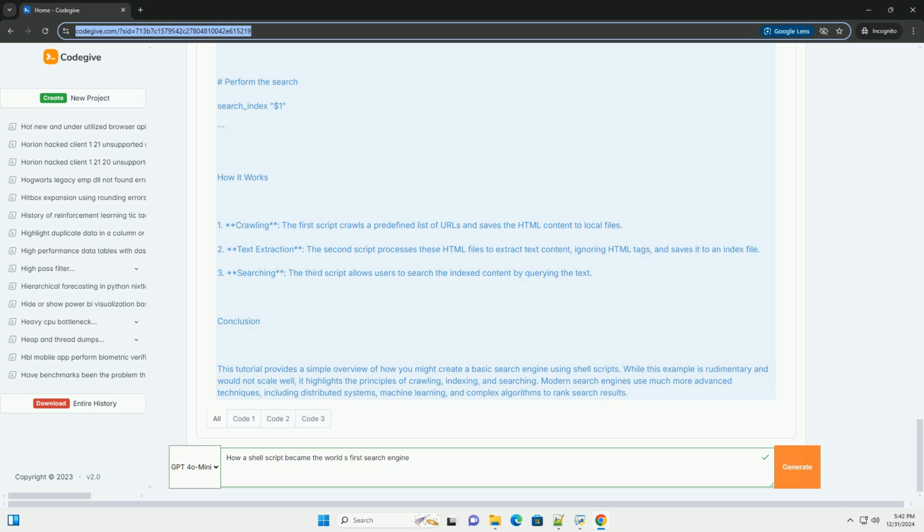Step 2. Create a simple crawler. We'll write a shell script that crawls a list of URLs and saves the content to local files. #!/bin/bash. # Create a directory to store crawled pages. mkdir -p crawled_pages. # List of URLs to crawl. URLs=( "http://example.com"